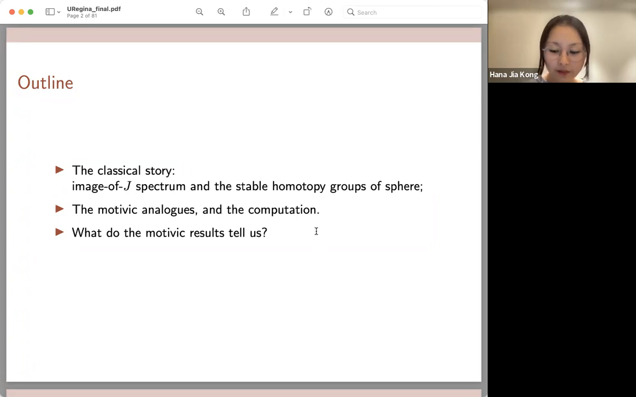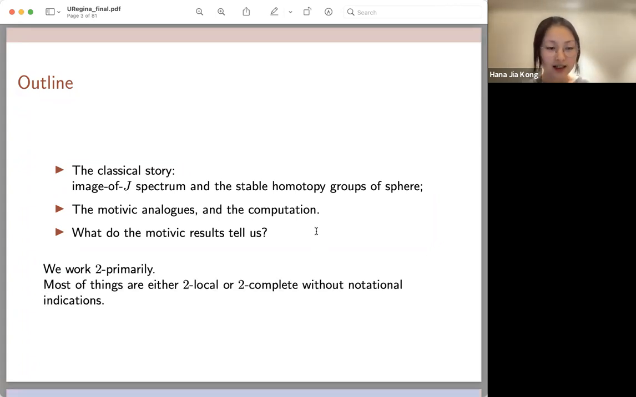Okay, so another thing is some convention I use in this talk. We work 2-primarily, that is, most of the things will be either 2-local or 2-completed. I will try to remember to say so, but I will not include the 2-local or 2-completion notation in the subscript in my notations. Okay,